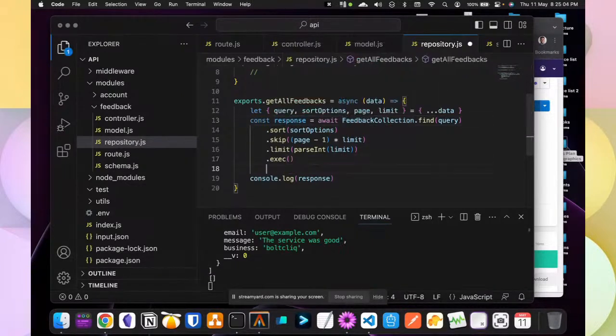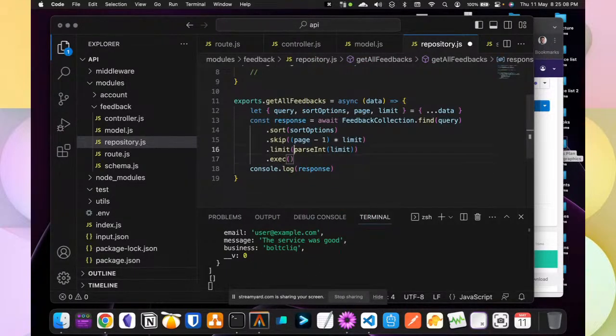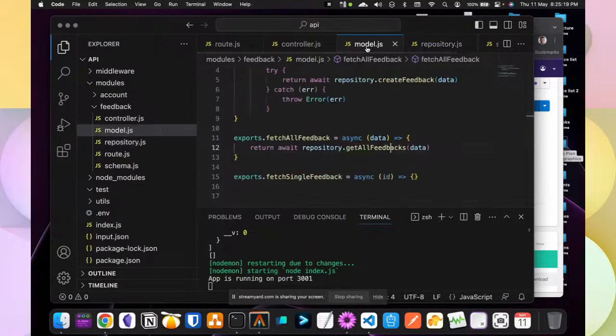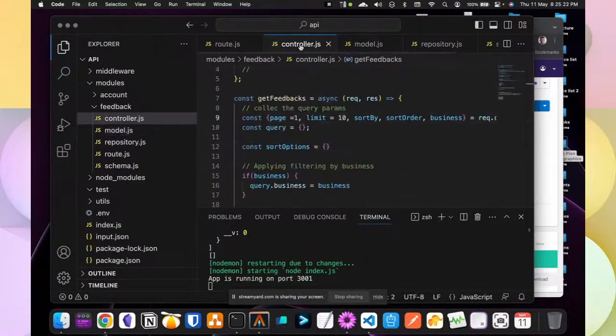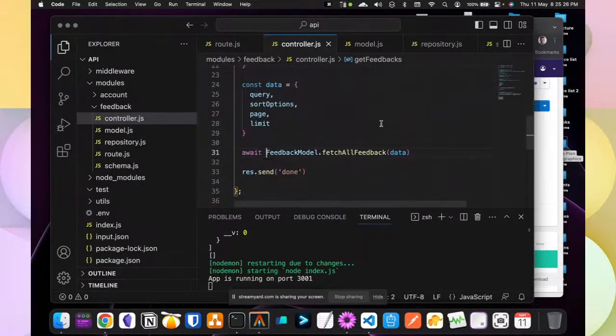So I can simply say if response. But if there's no data, then it should be empty. That's fine. I don't need to do any specific check again. So as a matter of fact, I can simply return this from here, and I can move back into the model. I already have this returned, and back into my controller. So at the point where I call this, I can simply say const response equals this, and I can simply do the JSON